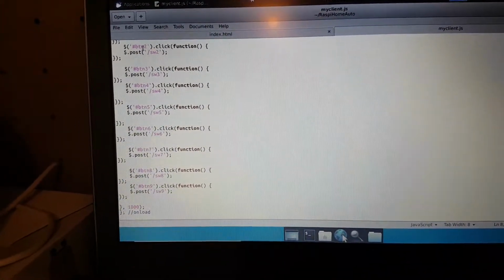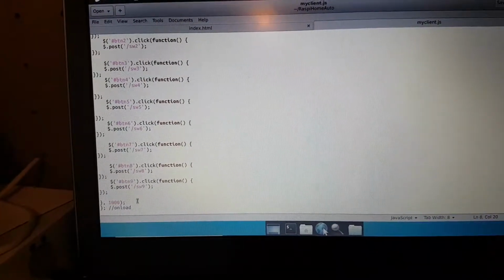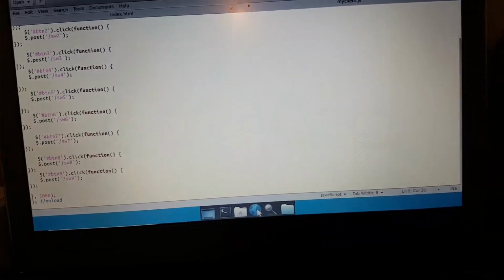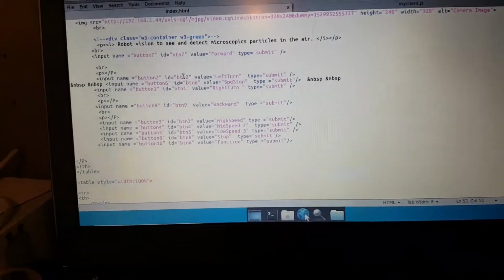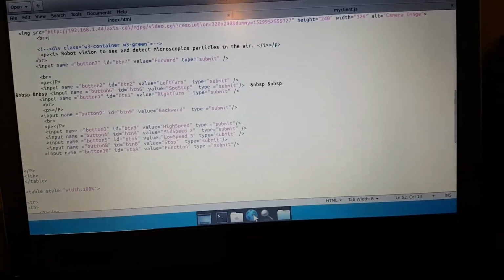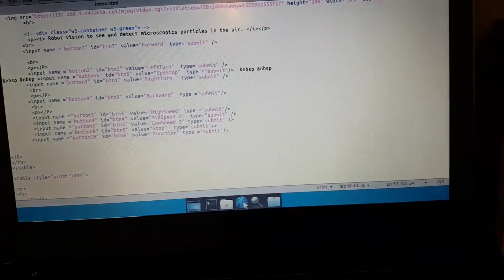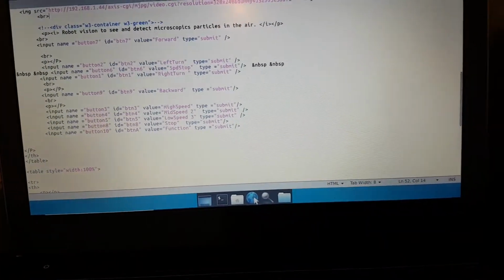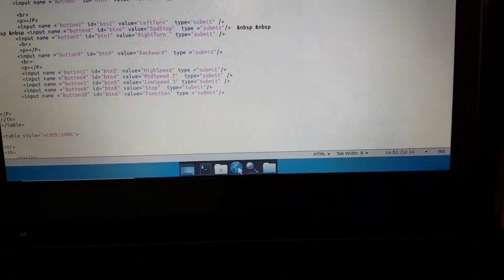For example, BT2, BT3, up to BT9 are the button names, which correspond to the ones in the HTML index. I'm not going to start explaining in detail how this program is written, but I just want to show you a brief description of it. And if I go to the main server,